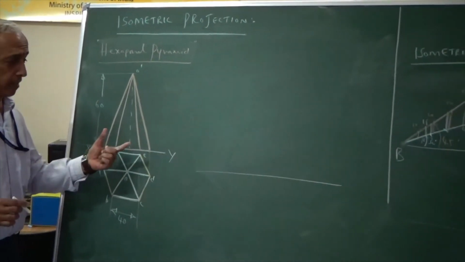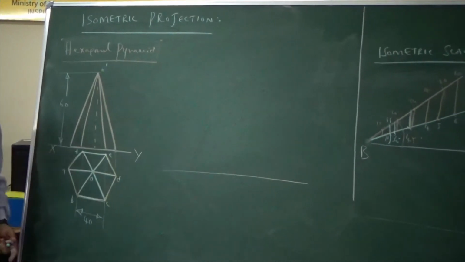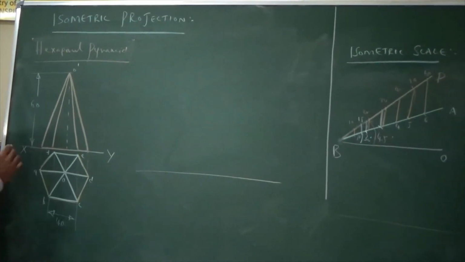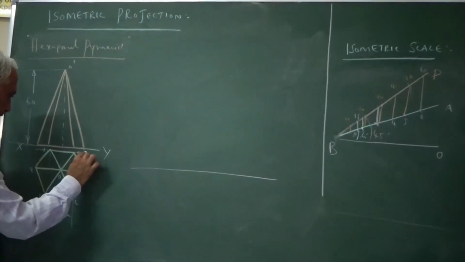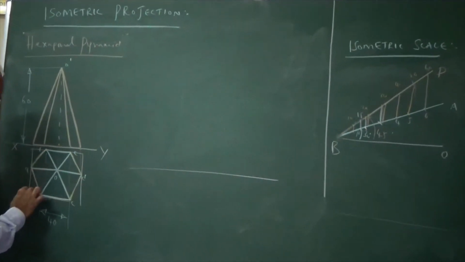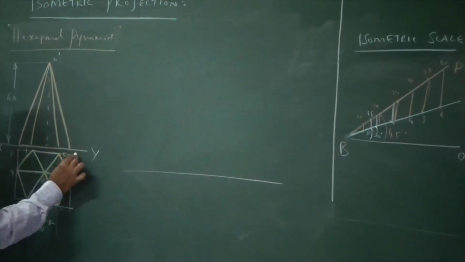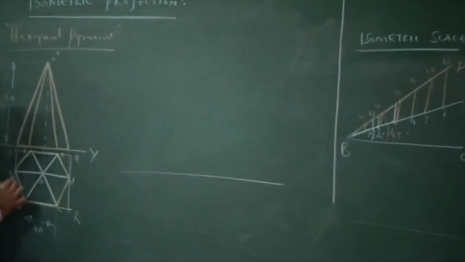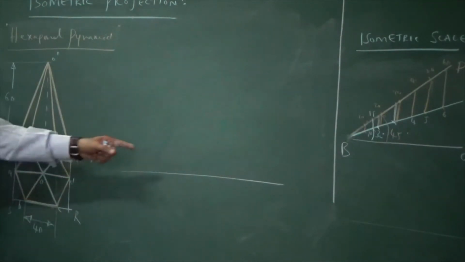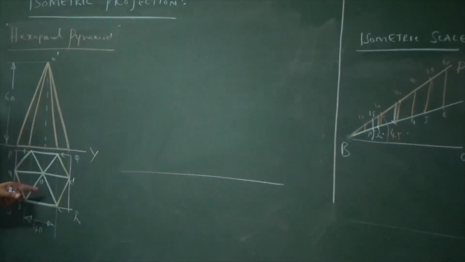Hexagon, triangle and pentagon, I can't directly draw in the isometric because they have non-isometric lines. I enclose this hexagon in a rectangular box. PQRS are the 4 points of the rectangle within which the hexagon is enclosed. I draw the iso projection of the rectangle first, then enclose the hexagon within the rectangle and obtain the center at the base, take the axis height and draw the pentagonal, that is, hexagonal pyramid.